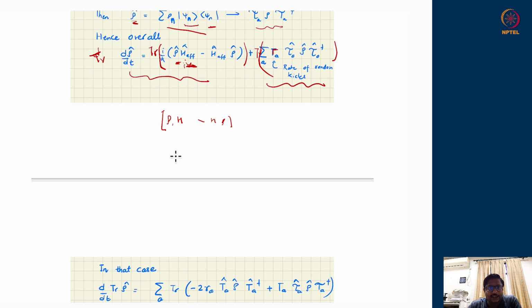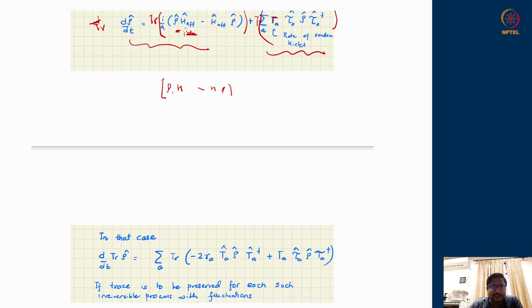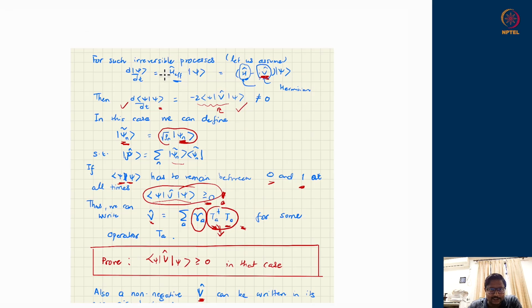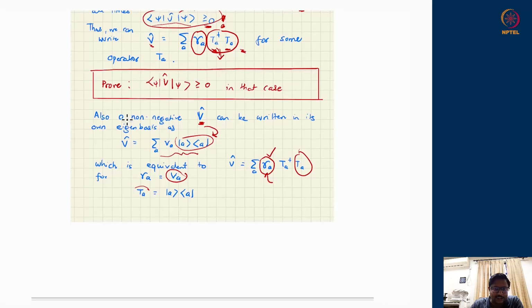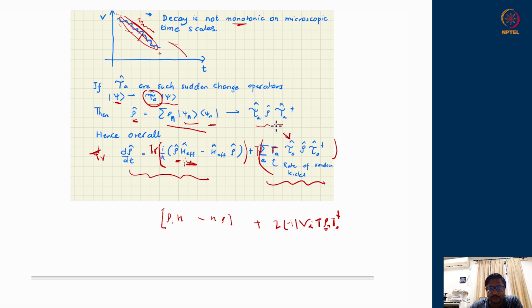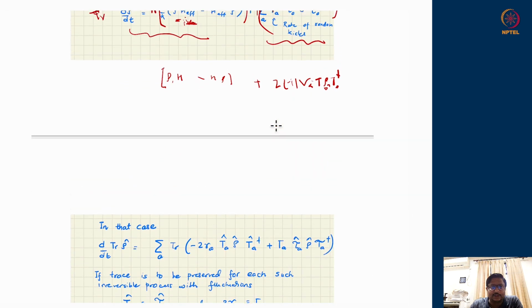So if you put together, you will get the second term as twice of minus iota gamma A, and then T rho A T dagger, rho A T A dagger, and summation over A. This will be true if you just do this algebra, that this is the state with which psi changes under the action of H minus iota V. You should find out how the density matrix changes, and then to that change add the third piece which we have added over here. All in all, that would be the total density matrix change.